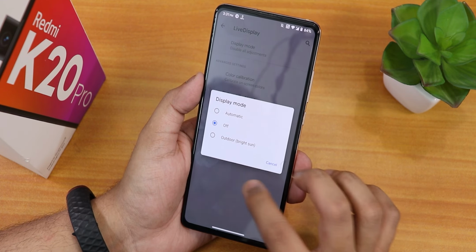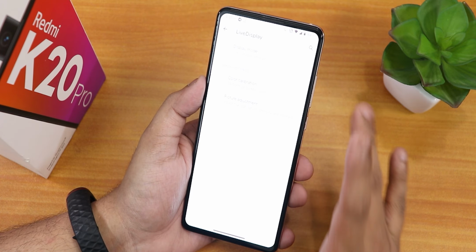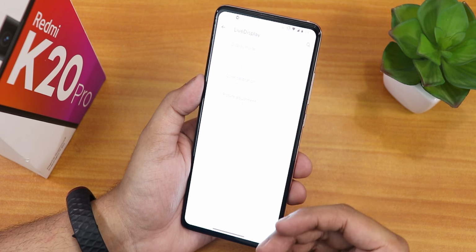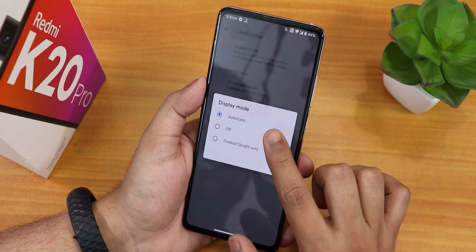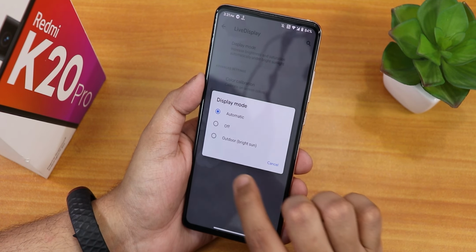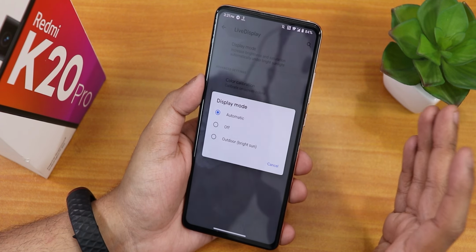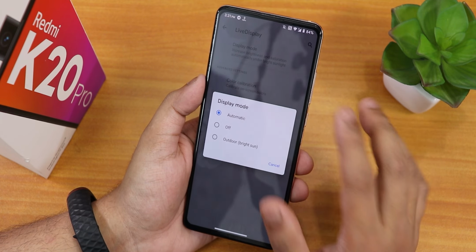You can adjust the display mode over here, so you can enable this outdoor mode. And as you are noticing, this one is really good, that in outdoor mode this just pushes the brightness. And if you put this one to automatic, as you can see, you can switch automatically, I guess. So if you go outdoors, it will just bring your screen brightness up over here. So yeah, this is a really great feature that you can do automatic adjustment.